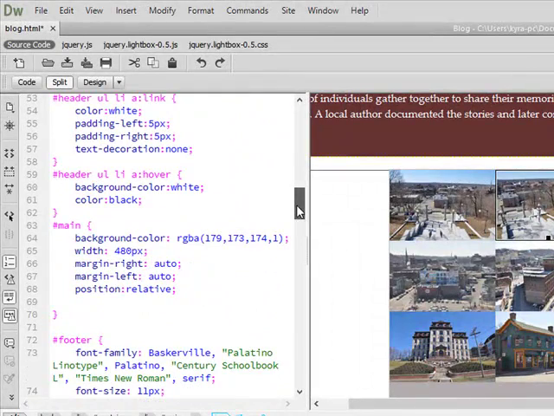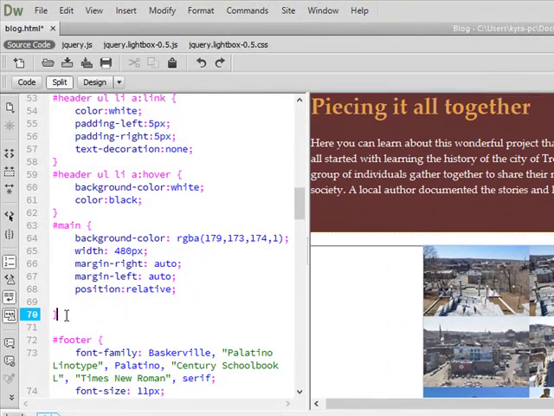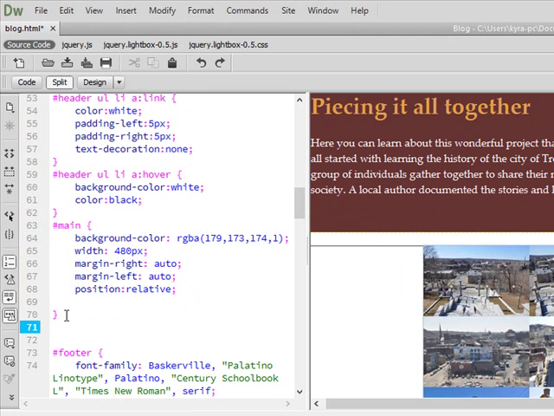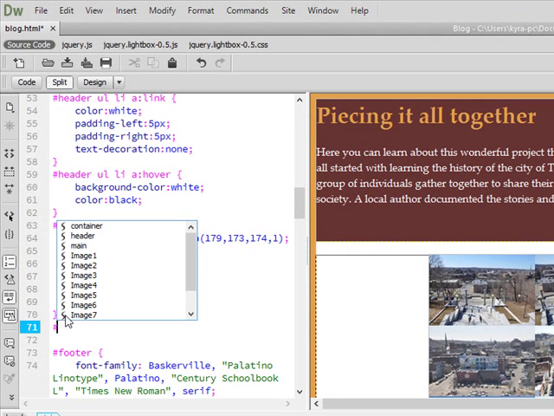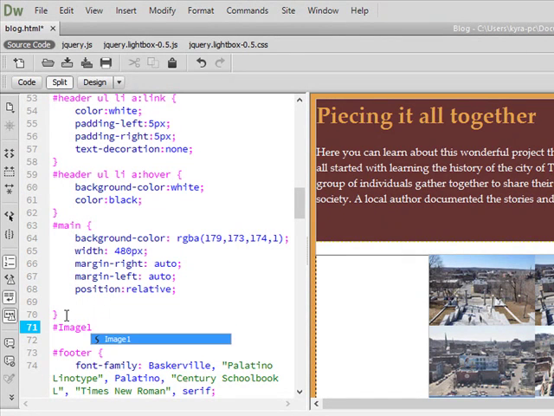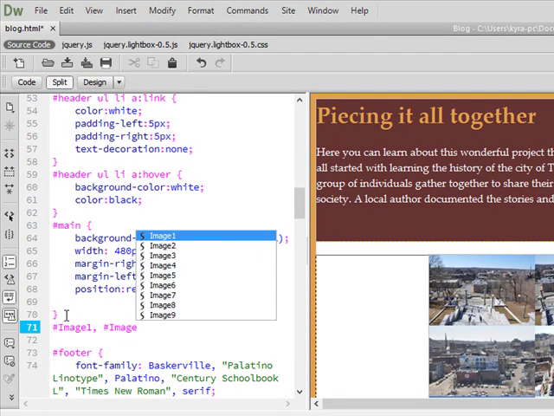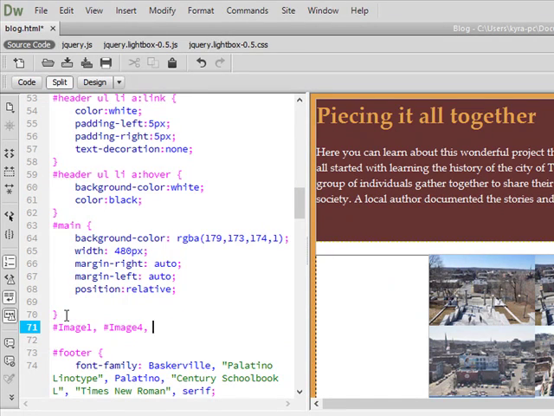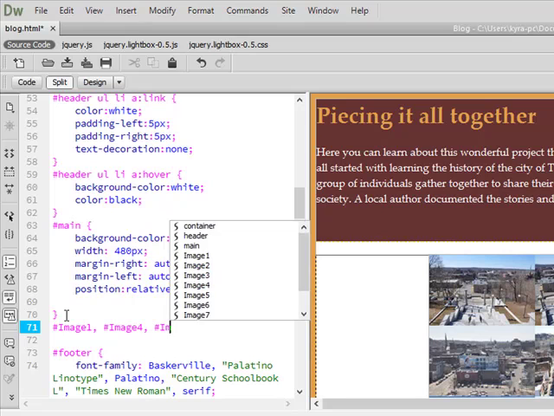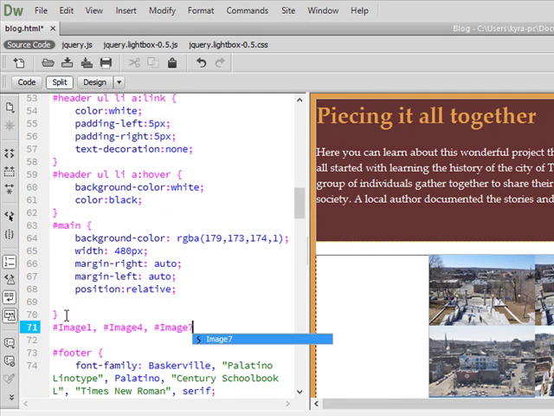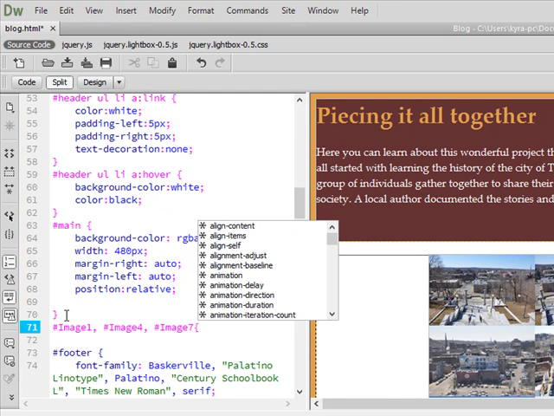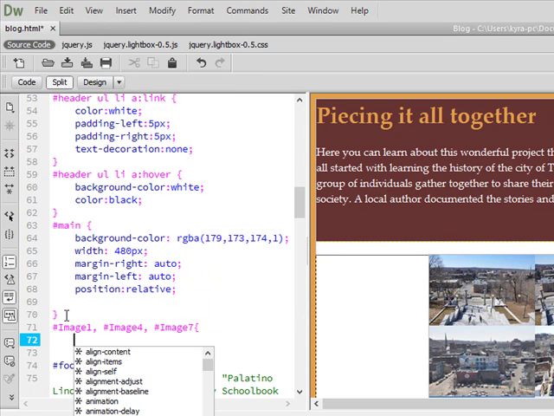And since these are in my main, I'm going to keep my rules after my main rule for main, sorry. And I'm targeting an ID, so I start with a hashtag, image 1, and I have to write it exactly the way I wrote it there. And then a comma, another hashtag, image 4, that's the one below it, hashtag, and then image 7. So that's my first column,